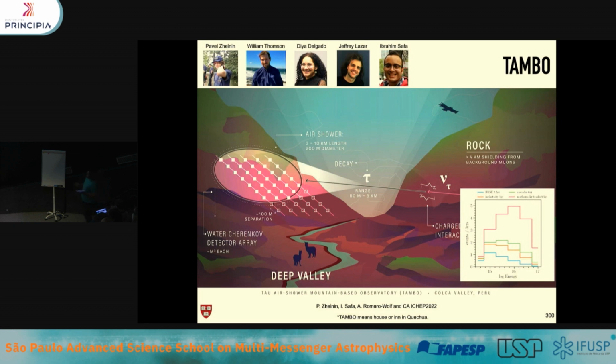And our idea is to deploy sensors on one side of the mountain, in a sort of vertical slope, to look for neutrinos coming from the other end. So what we're trying to look for is essentially light that comes from the opposite wall of the mountain. And this is very neat. We expect to have about 20 neutrinos in 3 years, and we are helping with some of the simulations.